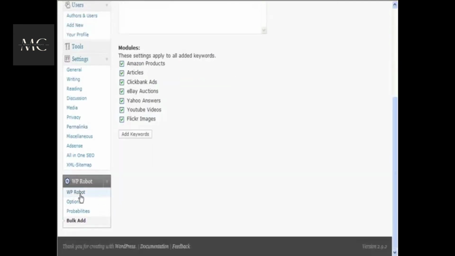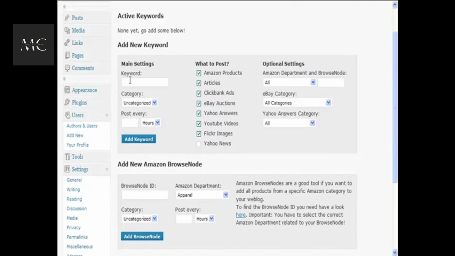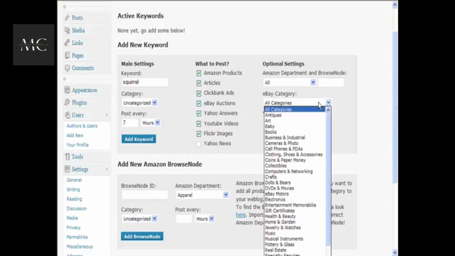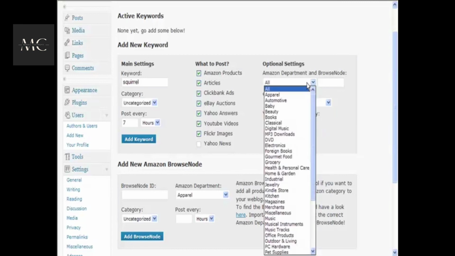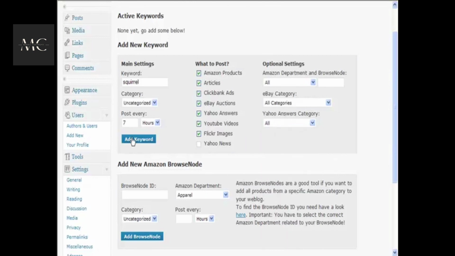Alternatively, if we just go to the main options here, we can put in keywords one at a time. So I could put in a keyword, could be squirrel. You pick your category, post every 7 hours, what to post, any of those. You can search for particular categories in any of these, and then you add a keyword, and then it will start posting to your blog for you